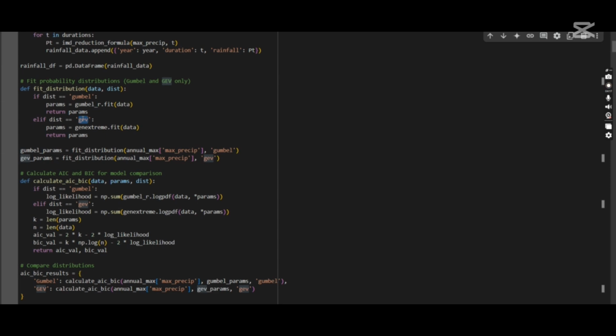By fitting these distributions to the annual maximum rainfall datasets, we can predict the magnitude of extreme rainfall events for different return periods such as 2, 5, 10, 25, 50 and 100 years. So this is a piece of code which is used for the said purpose, and in the next step we have computed